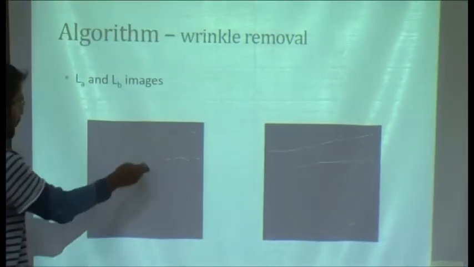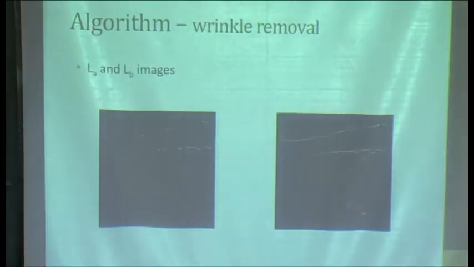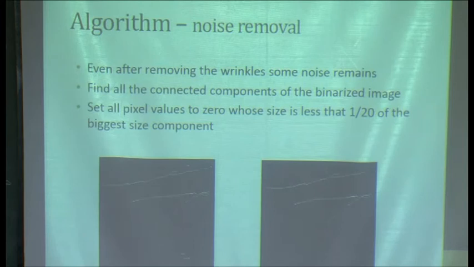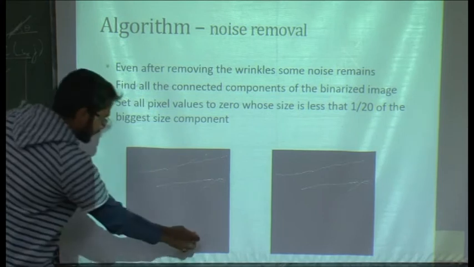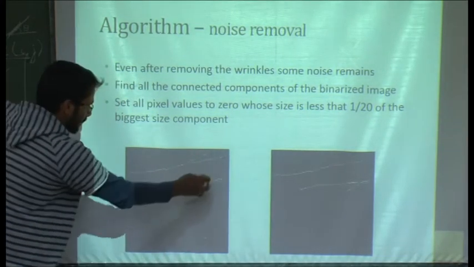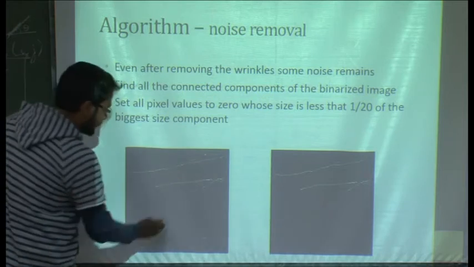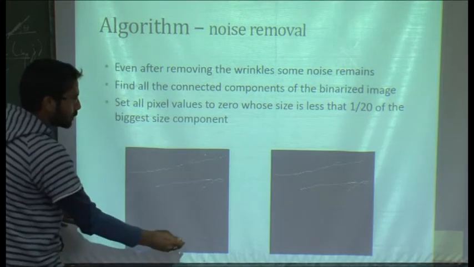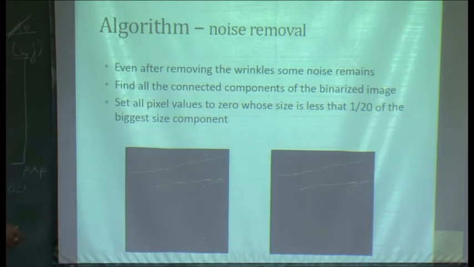So here are the wrinkles that are there, and here are the other lines. Apart from this, we have to remove the noise that is there. Like you can see, these are the noise. So we again find all the connected components, and instead of taking the top 4 connected components, we remove the bottom part of the connected components. So these are the lines that are extracted, and we have removed this noise by finding the connected components.